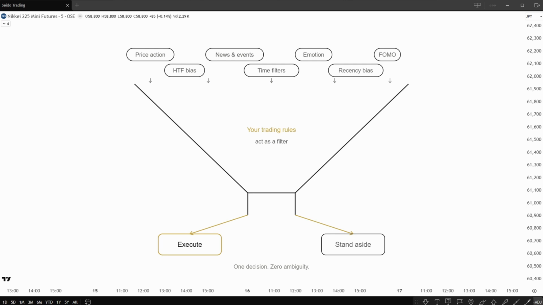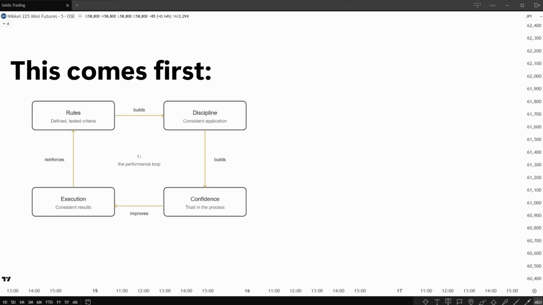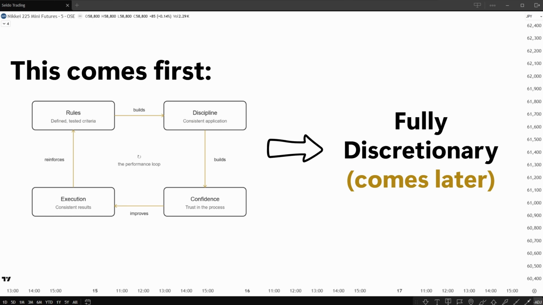The best traders often become discretionary later in their careers, but they arrive there by being rigidly rules-based early on. This is why we studied the criteria for strong bullish and bearish candles in lesson 1. Those criteria are mathematical expressions of strength. They are rigid rules you can apply to speed up your understanding of price. And they form the foundation of your strategy and give you something concrete to return to when your discipline is tested.